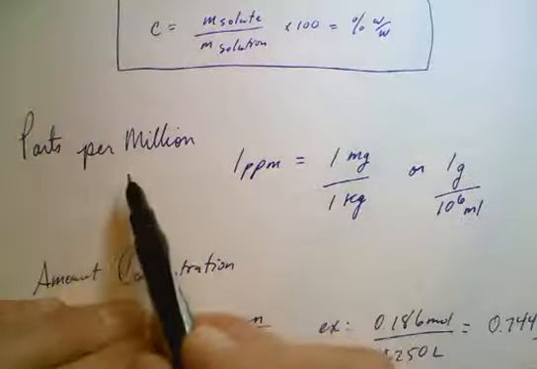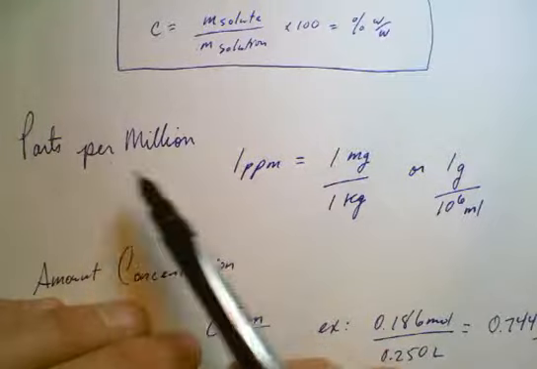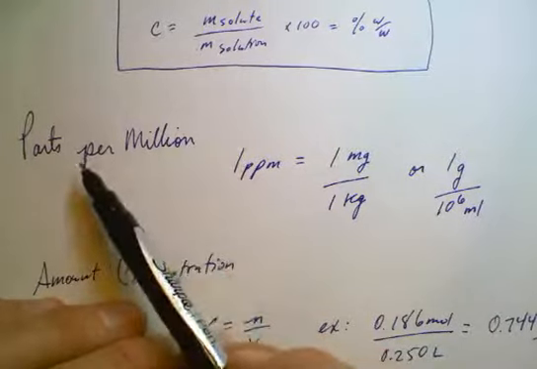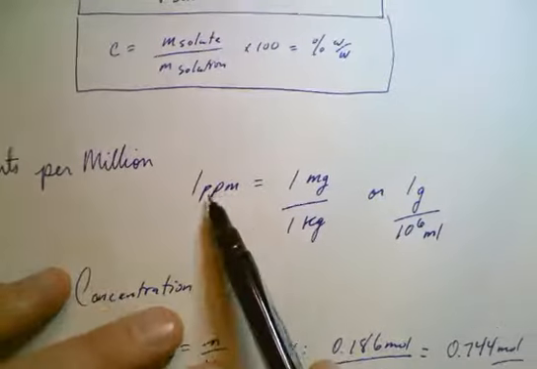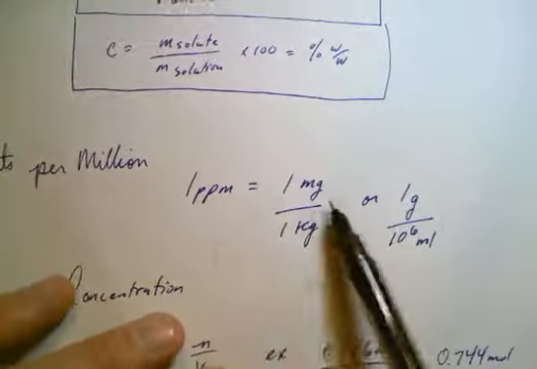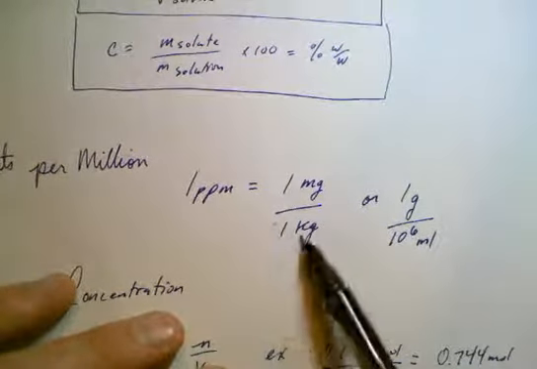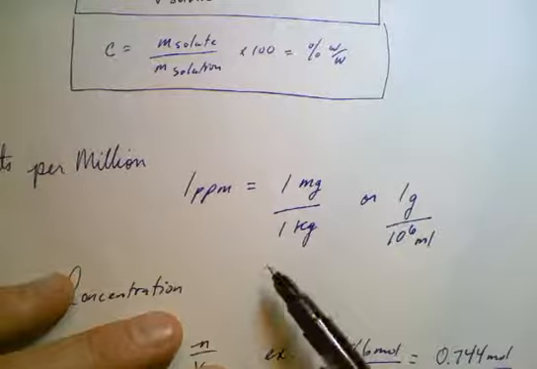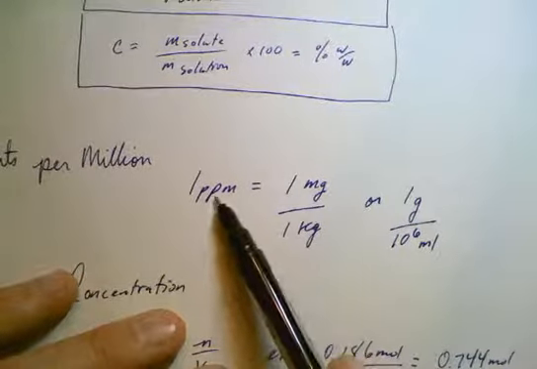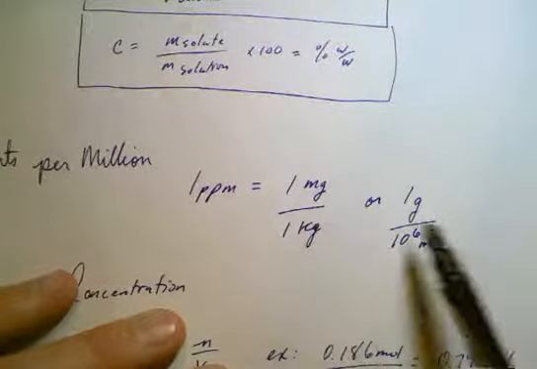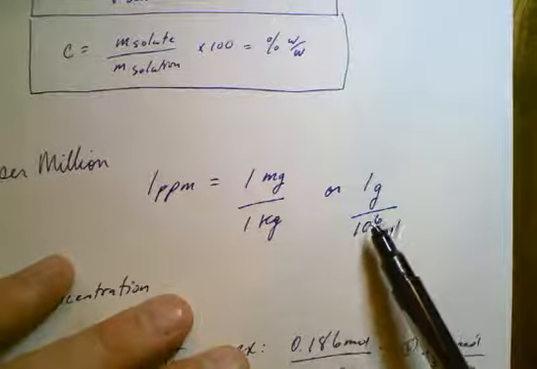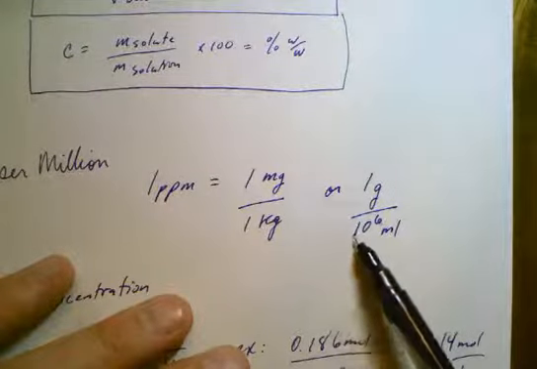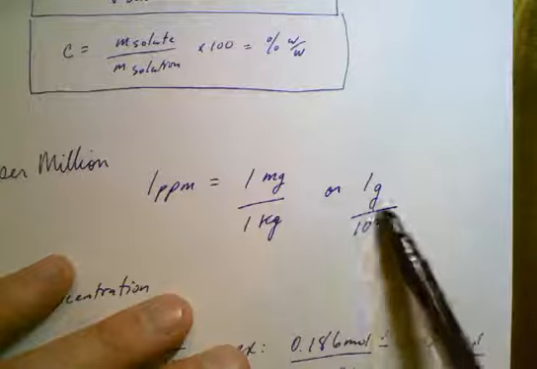So a part per million is self-explanatory in that it is however many parts are in 1 million parts in comparison. So for example, 1 part per million could be a milligram per kilogram. So there you would have 1 part in every million. A more explicit example of that is 1 gram for every 10 to the power 6 milliliters. So there you have 1